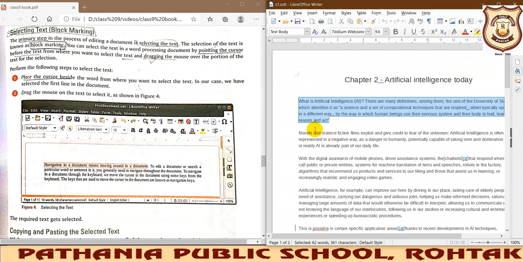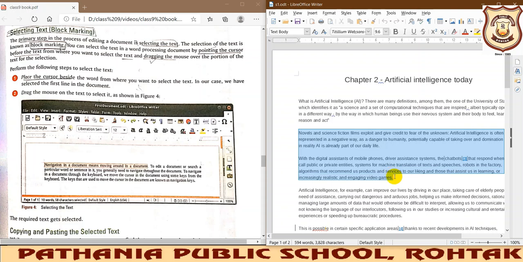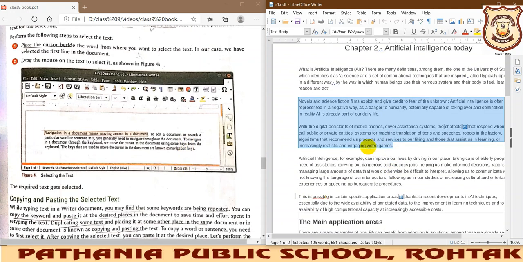So for that, you need to firstly initiate from where you want to start the selection of the text, and then you will drag the mouse till you reach the desired location up to where you want the text to be selected. Okay, now once you have done the selection, this copy button will get highlighted. From here you can copy it.